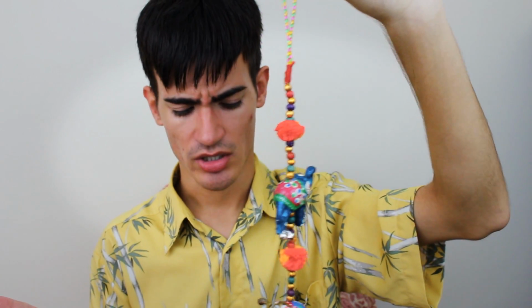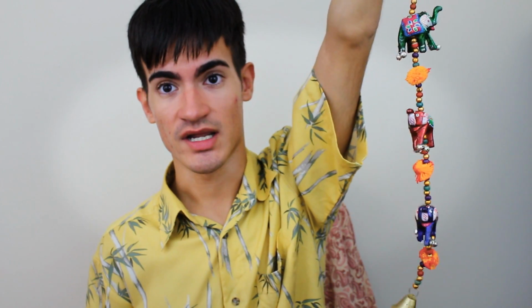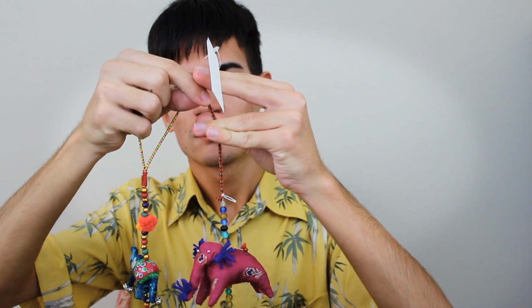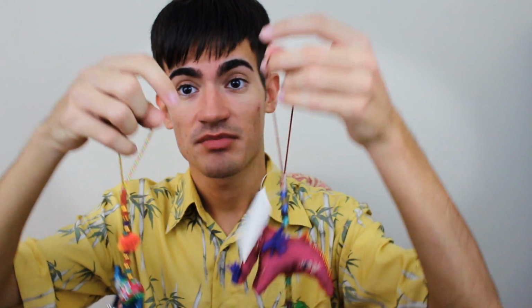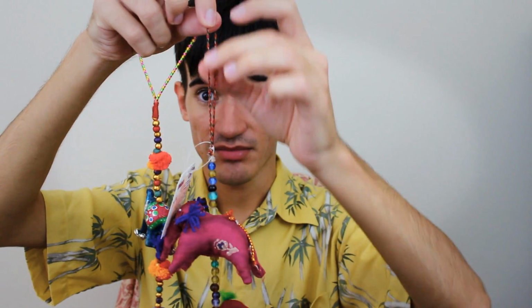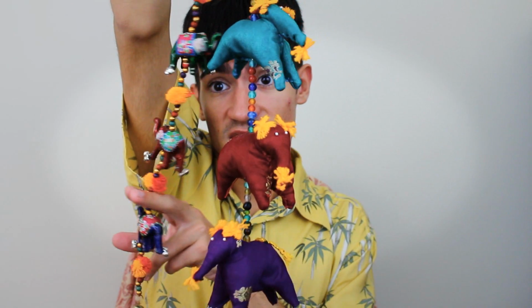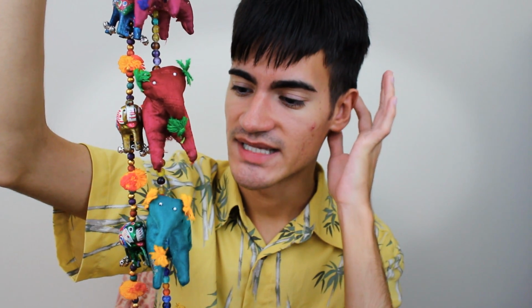This one is a bit longer. It is 29 inches in length, which is very odd, because I thought this one was shorter. Let me check into that and see if I am mistaken. They're probably talking about the piece in general and not the string piece right here. Apparently this one is shorter than this one, so maybe I could be wrong, but I doubt it because it